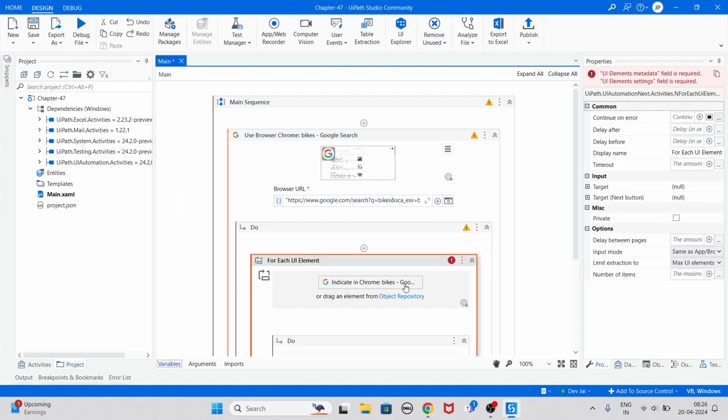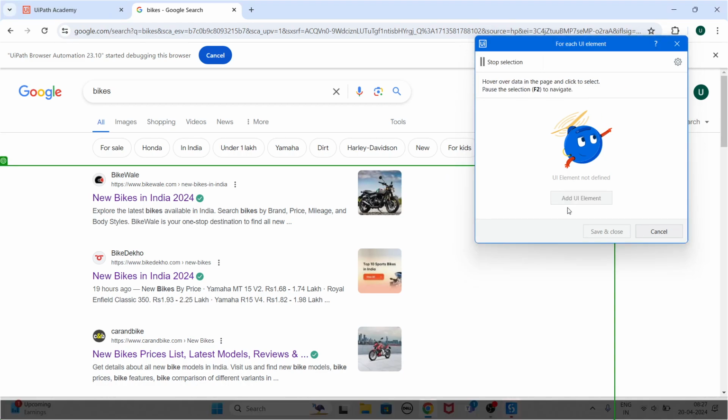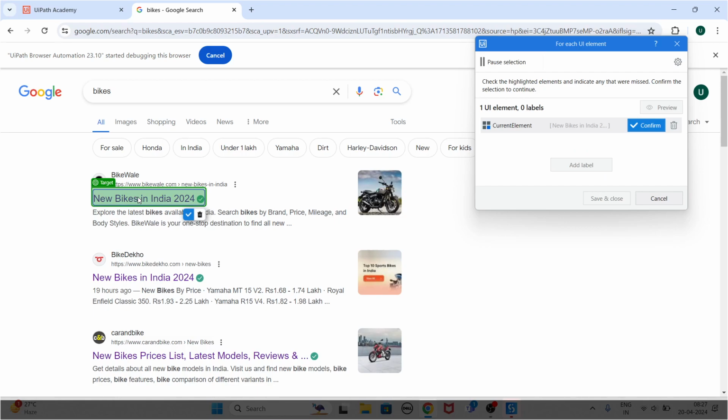And now inside the for each, let's indicate the elements, right? So as you click on indicate the element inside for each, you will be greeted with a box similar to a table extraction, right? We have done the table extraction also, so you will be greeted with the table extraction type of box. So here you have to click on the add UI element. जैसे ही आप इस पर क्लिक करेंगे, hover the data in the page and click to select, right? So what we can do, we can select with the help of this the UI element, like user interface element. अगर हम इस पे क्लिक करेंगे